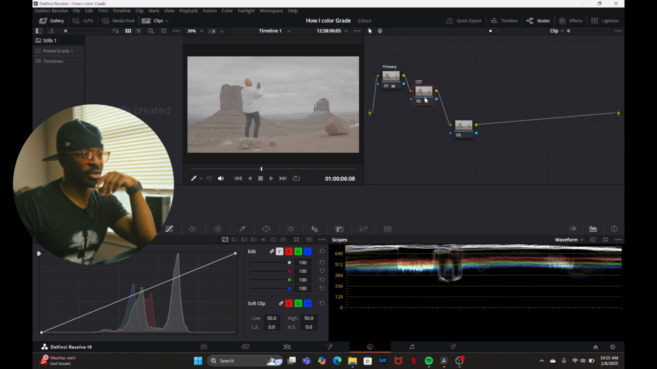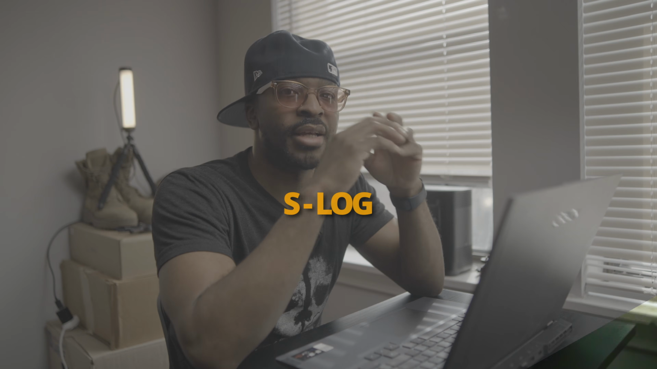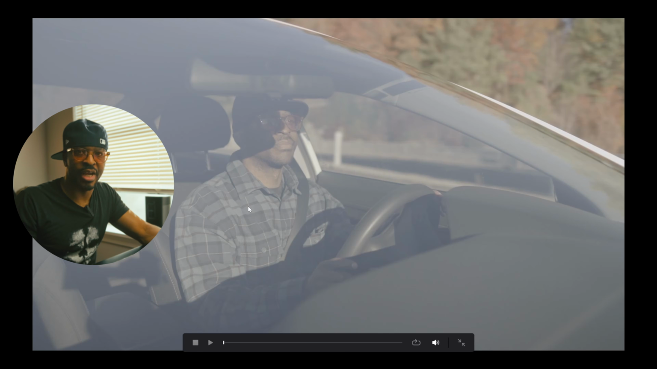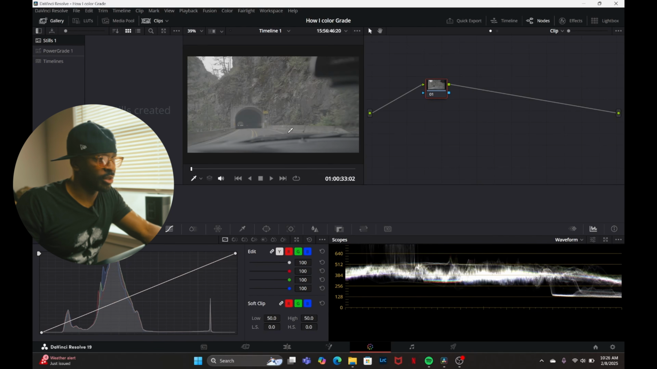Just to kind of backtrack here real quick. All this footage that I've shot, I shot it in S-Log, right? When you look at all this footage, it looks very flat. The colors are not saturated. Everything looks a little bit washed. The reason why shooting in log is pretty cool